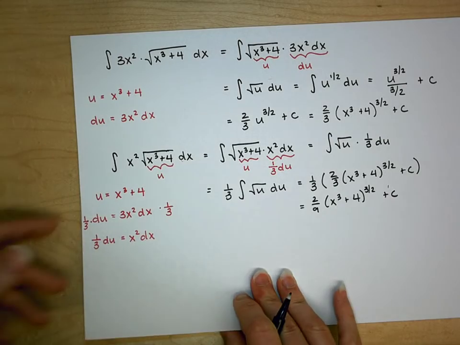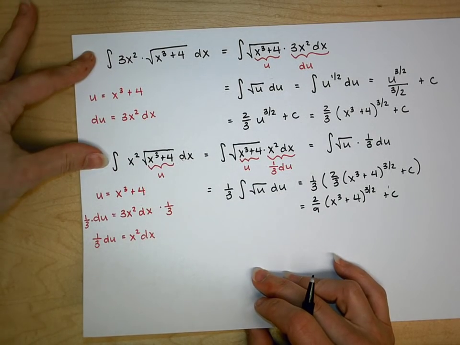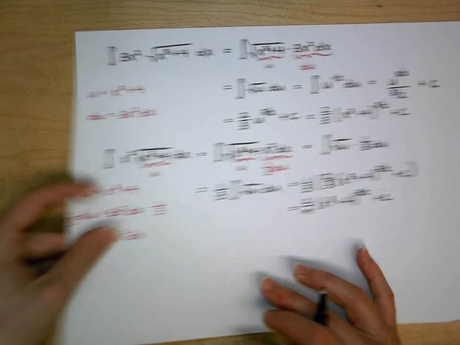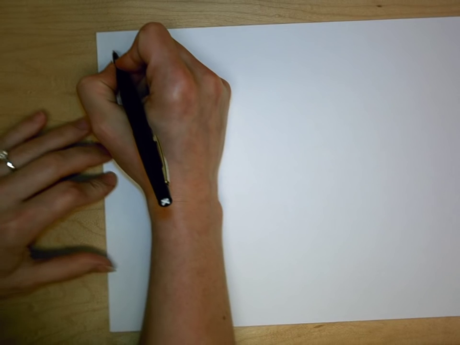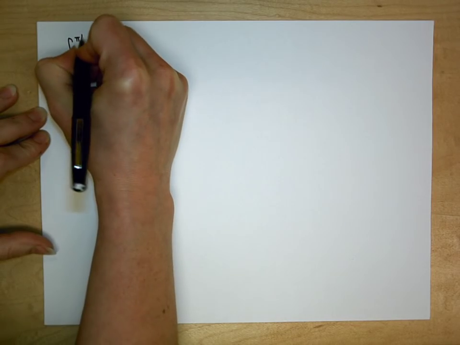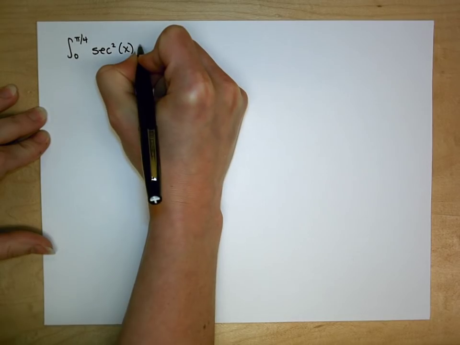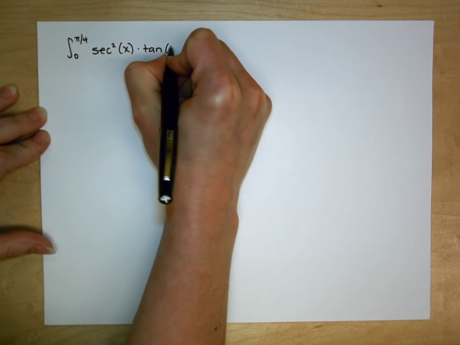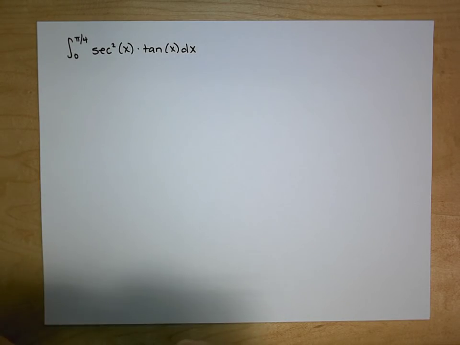Okay, so all of those are examples of looking at the indefinite integral. So let's take a look at if we have instead the definite integral. So let's take a look at the integral from 0 to pi over 4 of secant squared times tangent dx. Now the thing about this one is it's not quite as obvious as far as a composition goes,